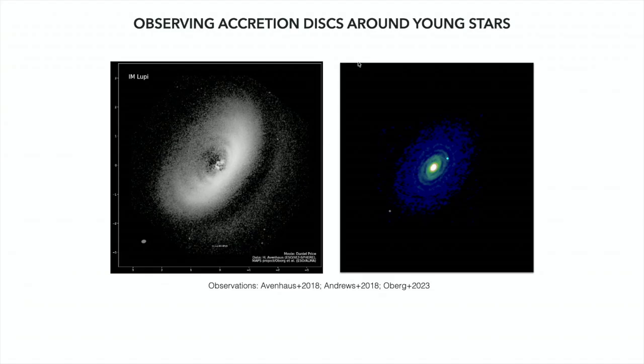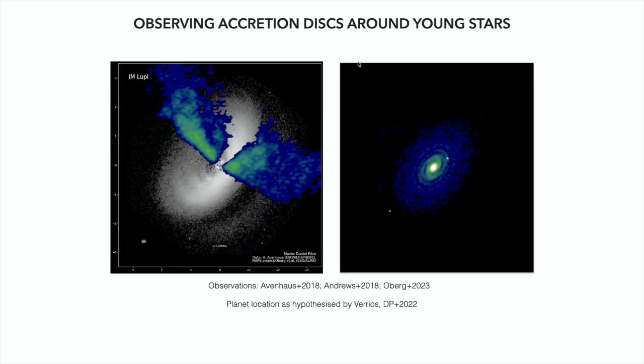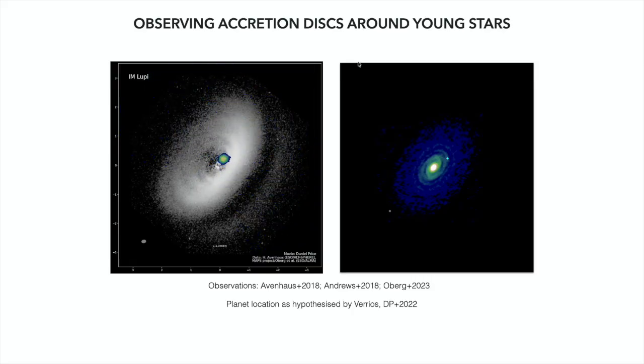Okay, but there's another tracer of what's going on in disks. And that also comes from the ALMA telescope. So what can we trace in gas? We can trace molecular line emission. The most obvious molecular line is carbon monoxide, which is the brightest. We can't trace the H2 directly, so most of the disk is molecular hydrogen, but we can't trace it. So instead you get CO emission, and we can trace CO in very detailed mapping as a function of frequency. And when you map as a function of frequency, of course, you're probing the Doppler shifted motion of the material. So you can really get a velocity map of what's going on inside as well.